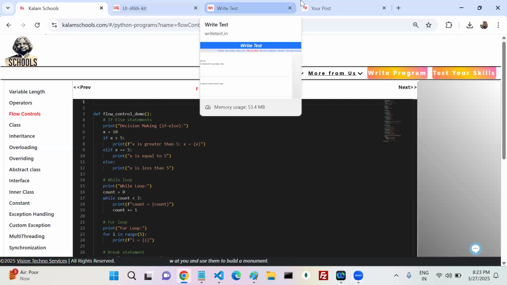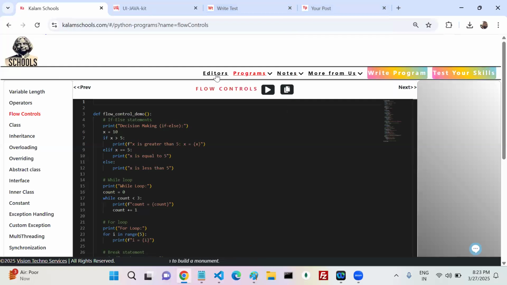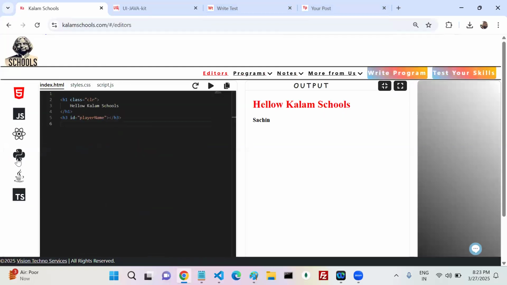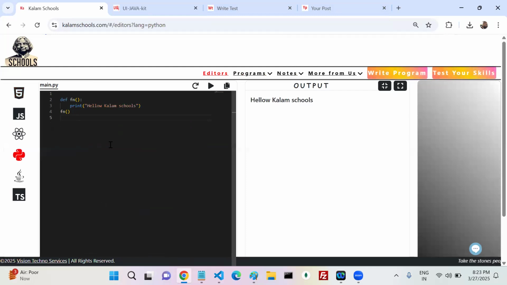Very simple. Let's go to our editor. You can go to the Python editor. Whatever code is there, you can remove it. Now here, I created one variable, player name, like Sachin. You can print player name. You declared a variable, and you printed. That's fine. For example, if this particular variable is not declared, but you are still trying to use it, then